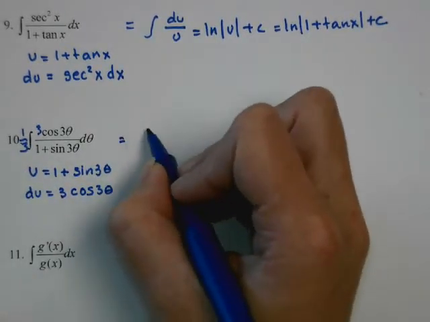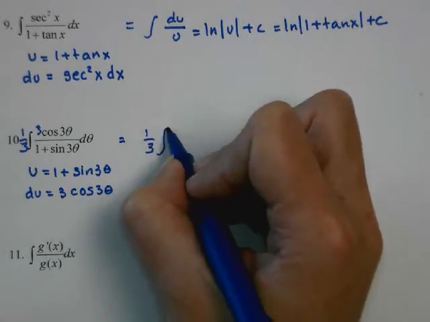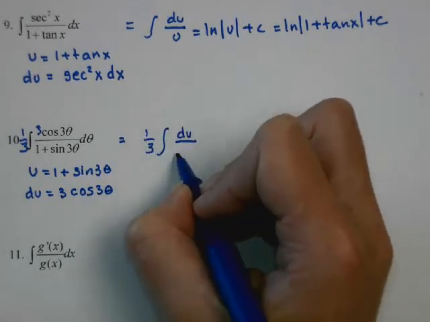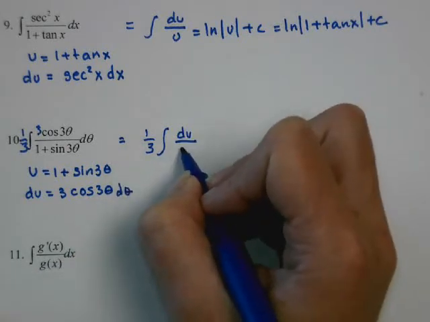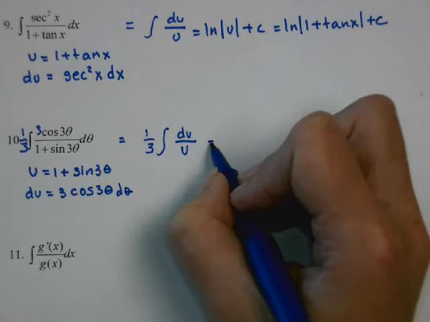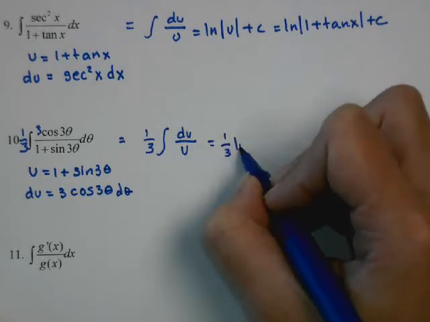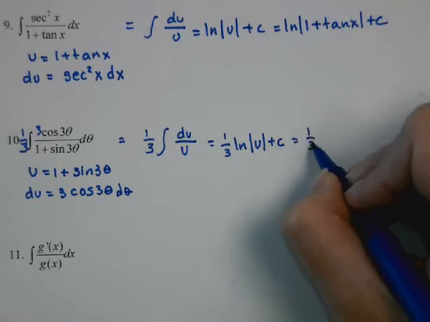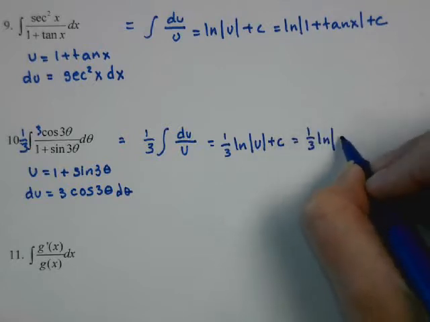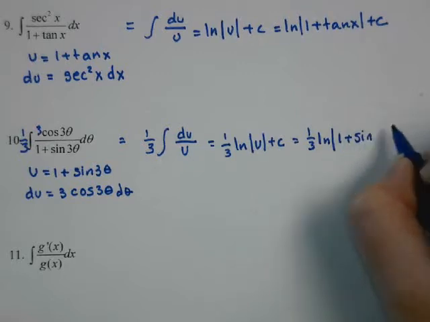So this is going to be 1/3 of the integral du over u. So this will be 1/3 natural log of absolute value of u plus c. So 1/3 natural log 1 plus sine 3 theta